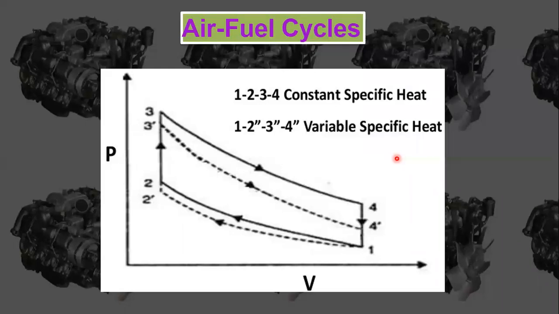In air fuel cycle, what is the main change? There will be a change in air fuel ratio. Here we are going to use an air fuel mixture. In air standard cycle we have used only air, and we have a lot of assumptions there. We consider it as a perfect gas, and there will be no heat transfer, no mass transfer, and specific heats are going to be constant. The number of moles are going to be constant, gamma is going to be constant, like that we have assumed.